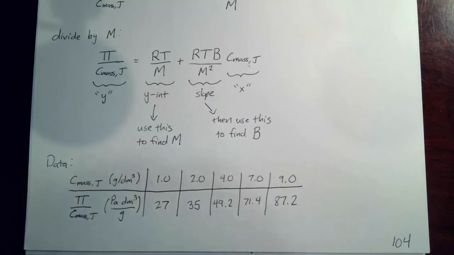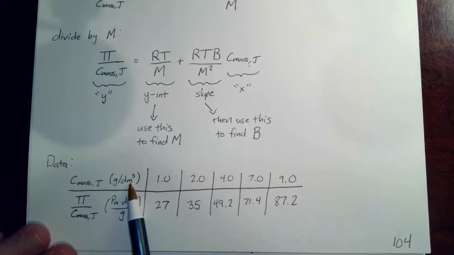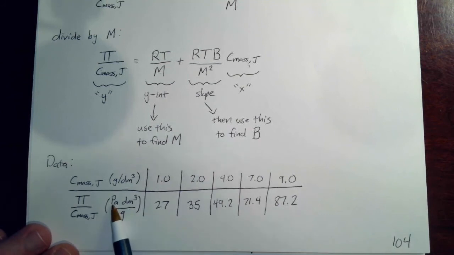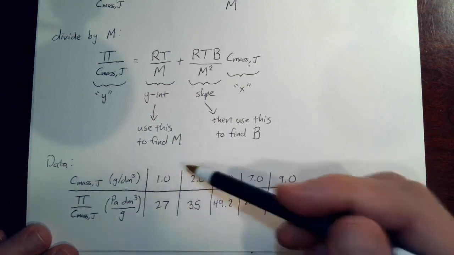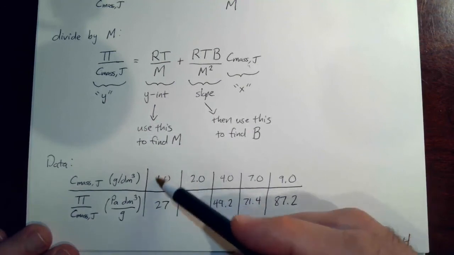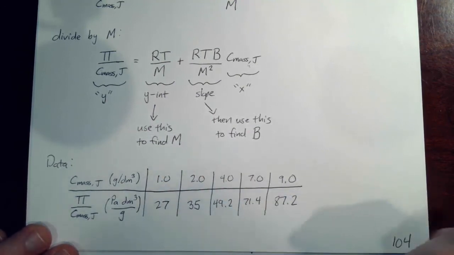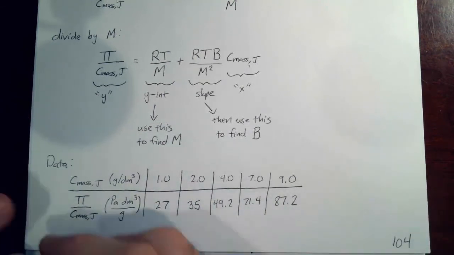Okay, so here's a little data table. I have C mass, which is in grams per decimeter cubed. And then I have pi over C mass, which has a weird unit. It's pascals, decimeters cubed over grams. We'll sort all the units out here in just a minute. And these are the values here. So what I'm going to do is I'm going to plot each of these points. This is y1, x1. And this is y2, x2, y3, x3, and so on. So I'm going to plot these points. And then I'm going to use linear regression,